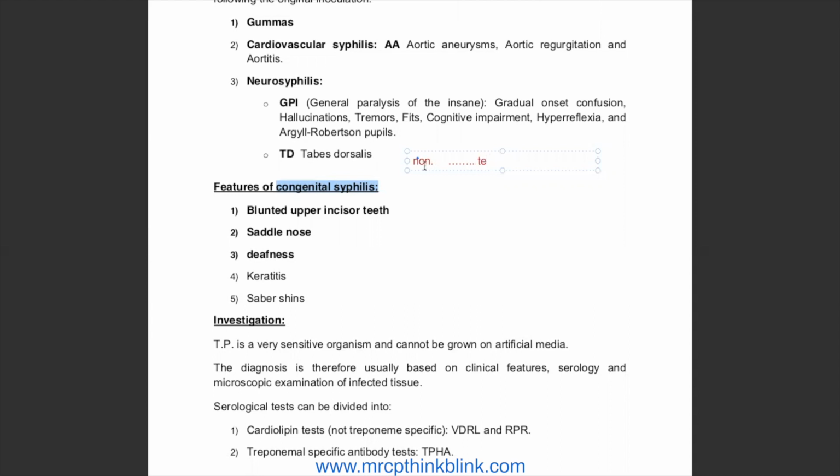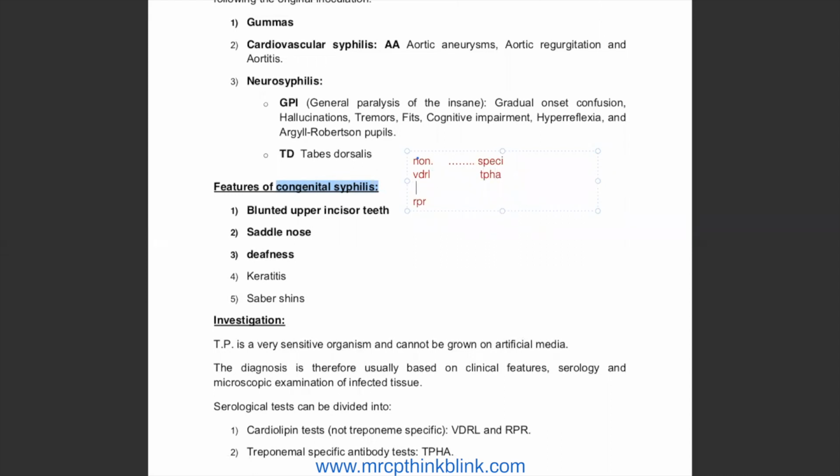One is non-specific and another is specific. The non-specific tests are VDRL and RPR. And the specific tests are TPHA